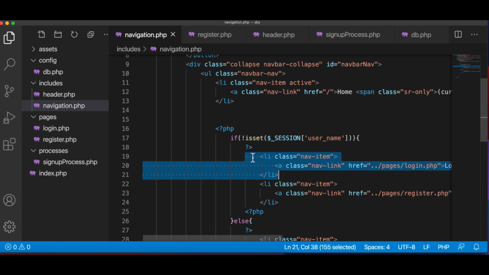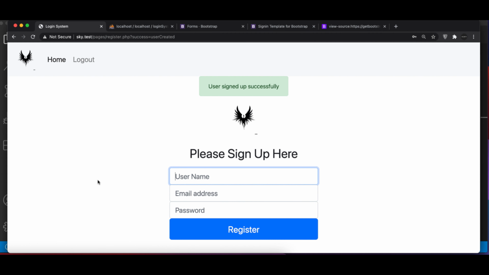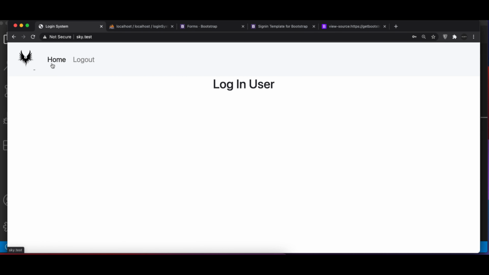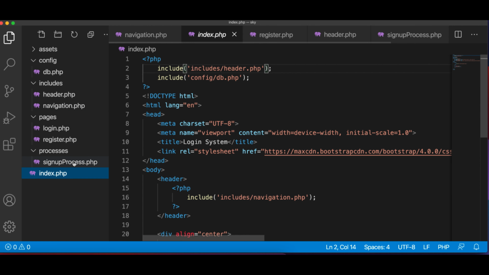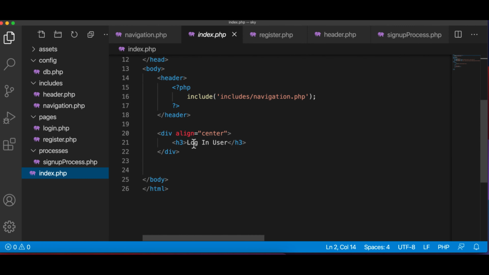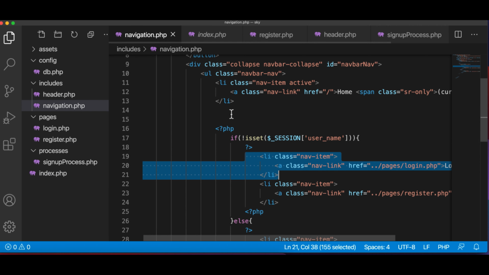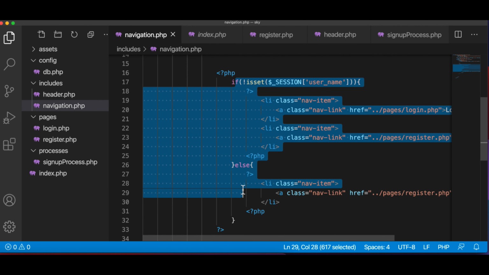So here, let's save this. Now if I go here and refresh, we only have logout and home. So now the user can go to the register page. Now if we have a logged in user on the home page, we want to show some content based on the information of the logged in user. So I go into index.php, and we can give some kind of message here. So here I'm gonna copy and paste the same condition. So I'm just gonna copy this,